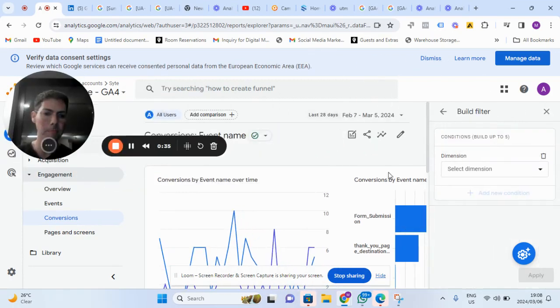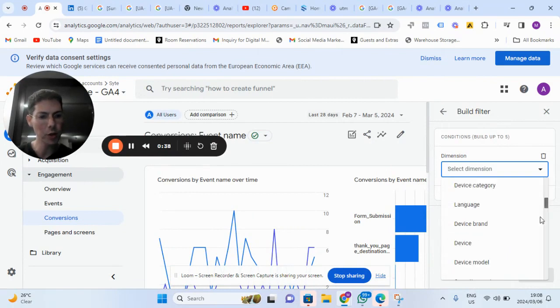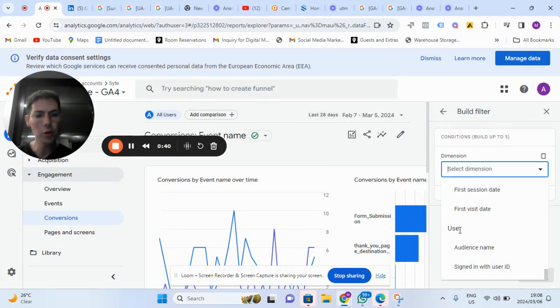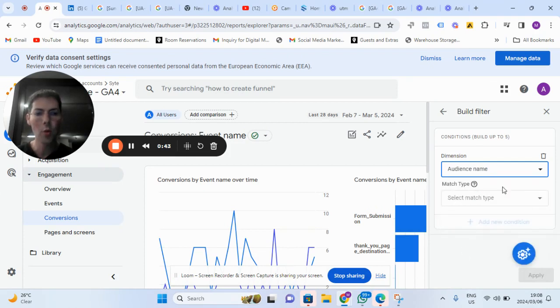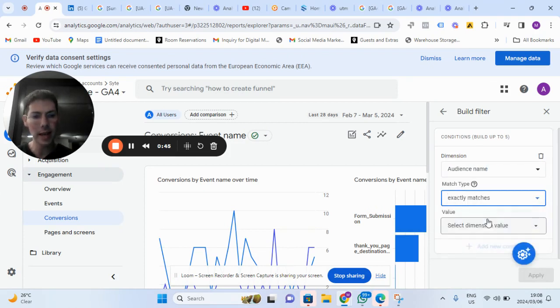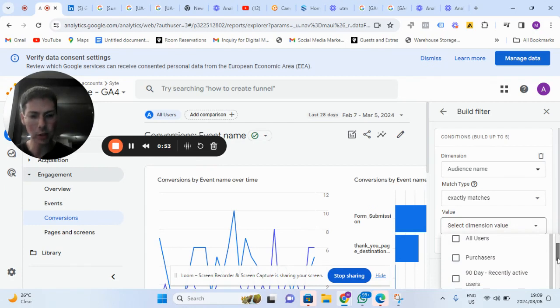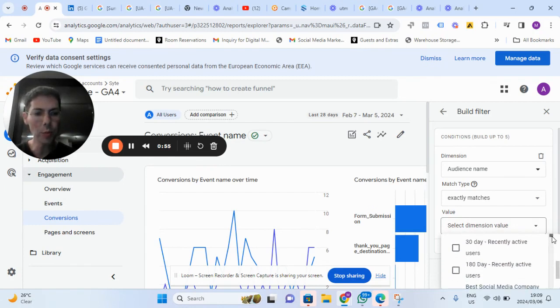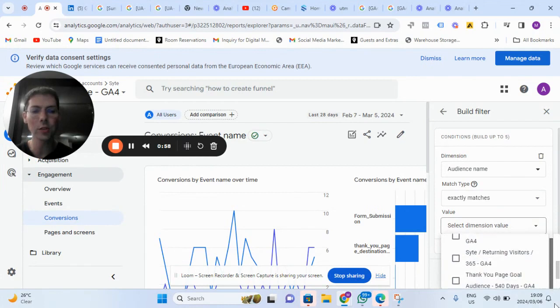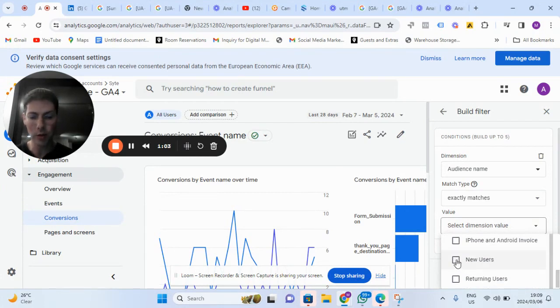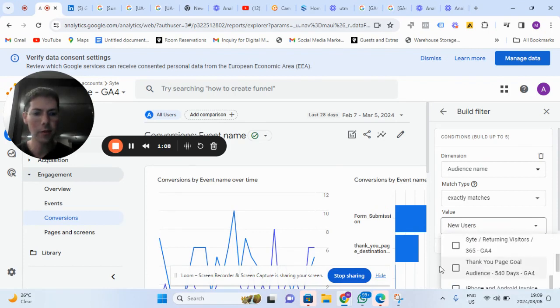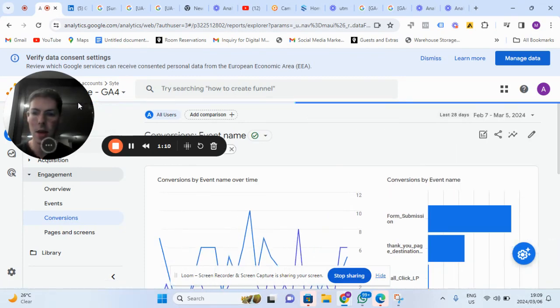We're going to click Add filter. We're going to click Select dimension. We're going to scroll right to the bottom. And under User, there's a thing called User audience name. We're then going to click on Match type. We can click Exactly matches. And now it's going to give me my list of audiences that I can select. I'm going to scroll down, and here's my list of audiences that I can use. And I can see all the pre-built ones that already existed before I started building. I'm going to scroll down right to the bottom, and I'm going to find, let's say, one of the new ones I built. So let's say New users. And I'm going to click Save. Let's just Apply. And now I can